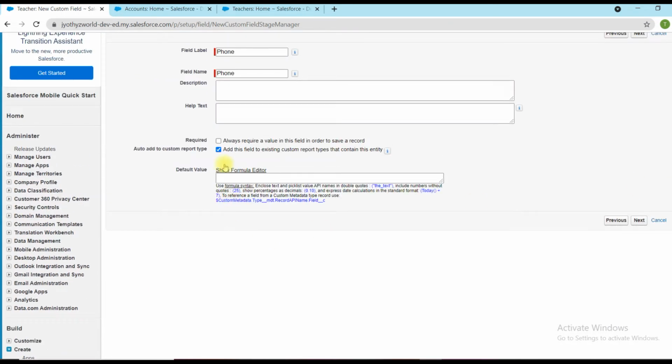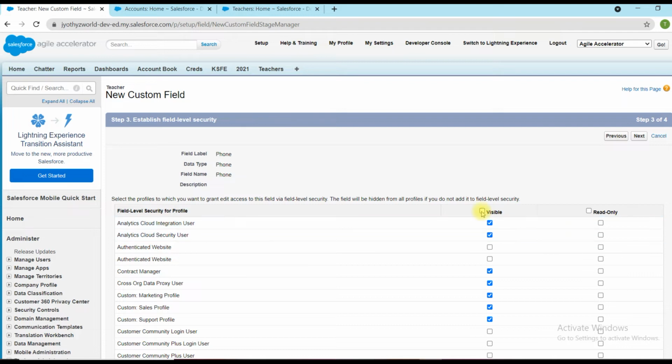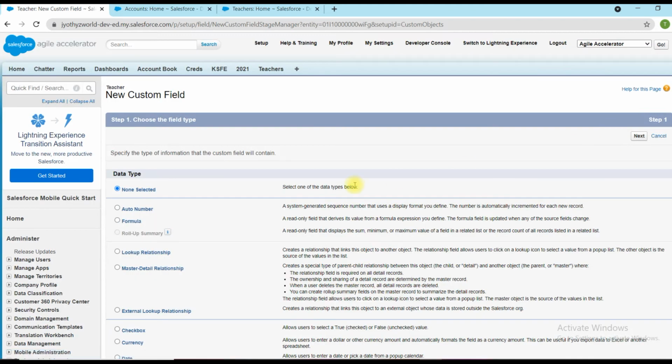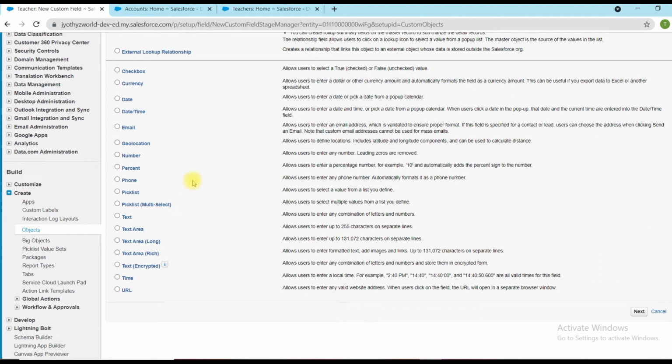It's not required, and no help desk is needed, so just providing it blank. Then assume it's available for all profiles as well as all the page layouts. Save a new, and providing one extra field, something like subject.